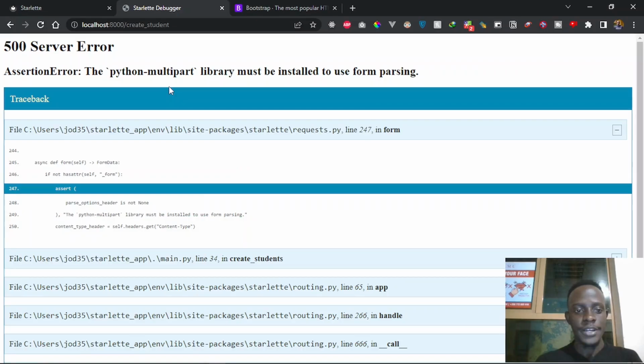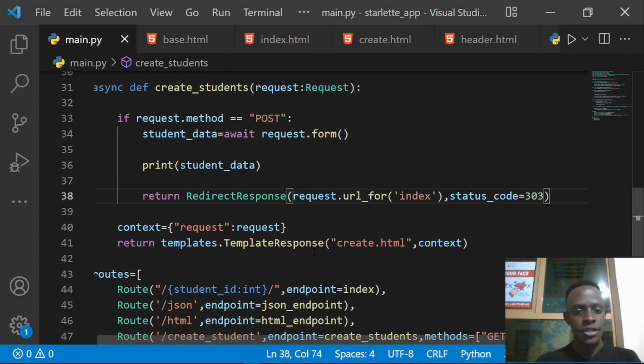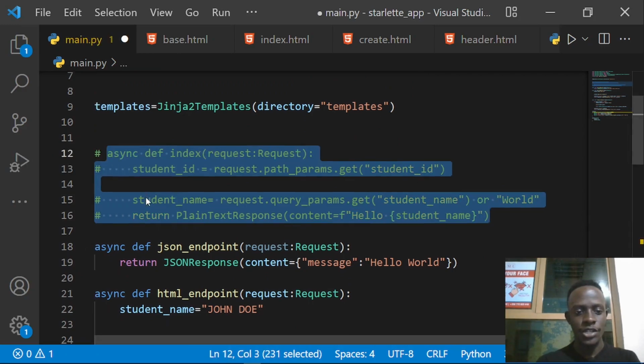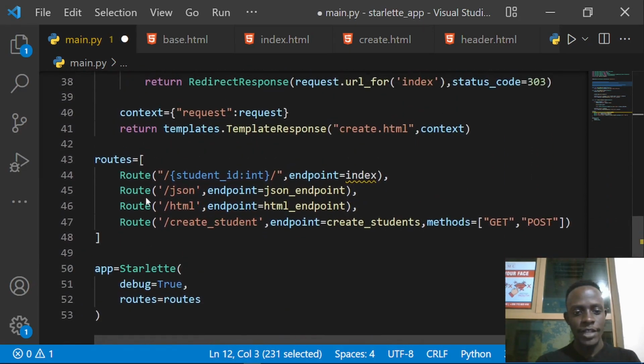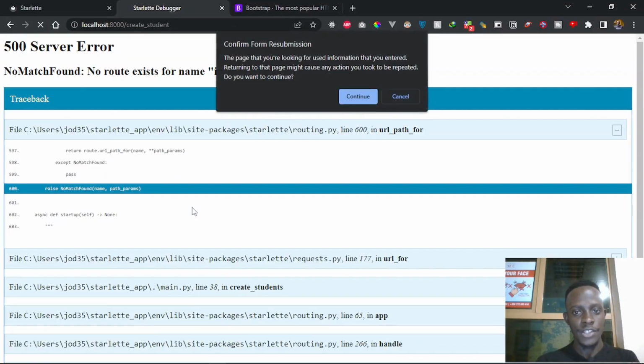When I run our server, I'm going to try to refresh and continue our form resubmission, and they're telling us that no route exists for index. I don't know why I keep forgetting this. So I'm actually going to remove our index route, or our index endpoint, or I'm simply going to comment it out. Now instead of /html, I'm going to change our root endpoint to our HTML endpoint, and I'm going to save this. So when I refresh,